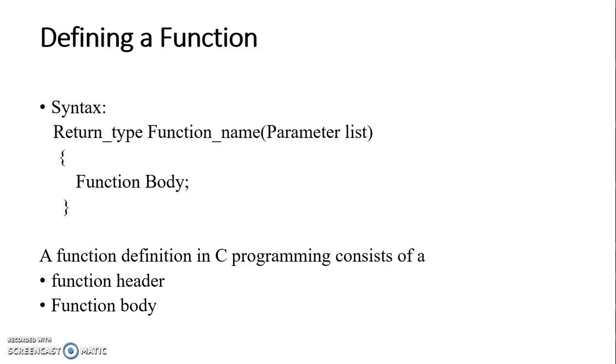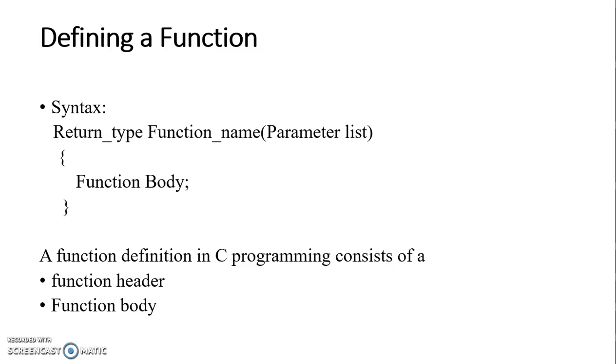Now what exactly are these elements? These elements are required to define the function, or we can say, to create a function. How to write the syntax to define the function? First we need to write the return type, then give a space after the return type, and then the function name. After the function name, in the round brackets you need to write the parameter list, then the curly brackets and the function body. If you remember, void main is also a function, that is a user defined function.